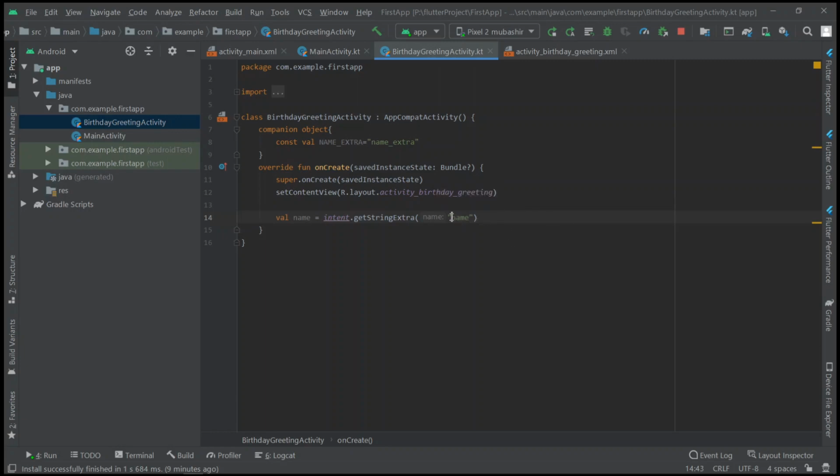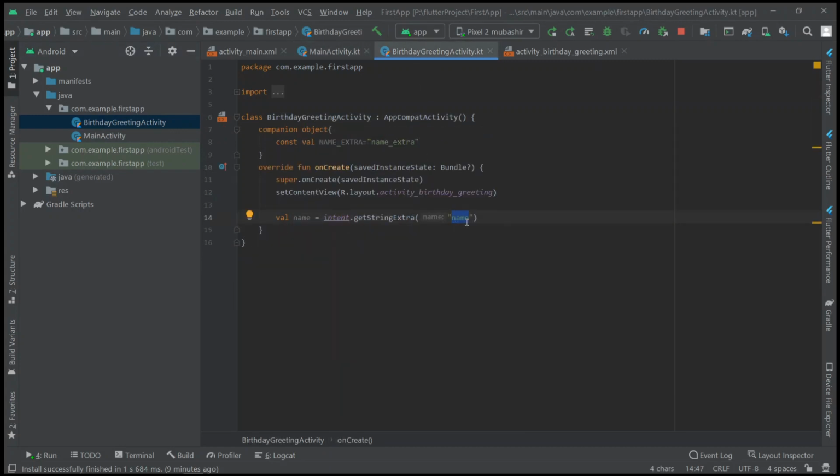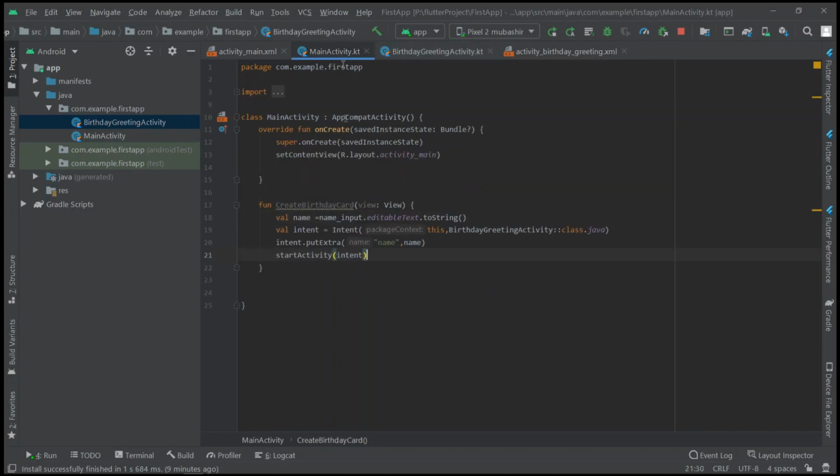The name here and this name should be the same, right? So for that I am changing this name to NAME_EXTRA, and here also let us change this to NAME_EXTRA.